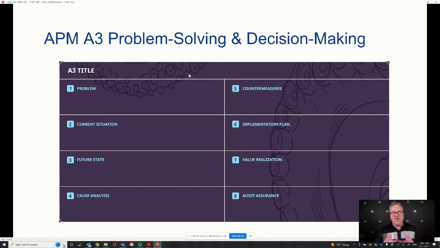And because it's on one page, it forces the users to be very clear and concise about that problem solving and decision making. So the decision makers should be able to see everything on this page and have enough information and knowledge to make a confident and quality decision. Now, for those complex issues, this might be underpinned by a lot of reporting and analysis, and data behind that. But it forces the users to distill that into a clear business message that our leaders can understand and act upon. All right. So that's very, very important.